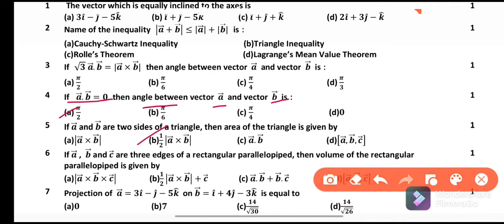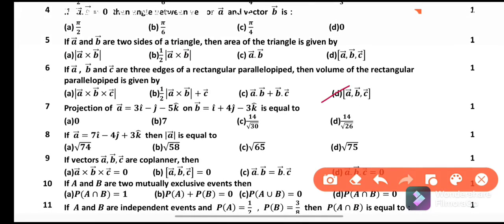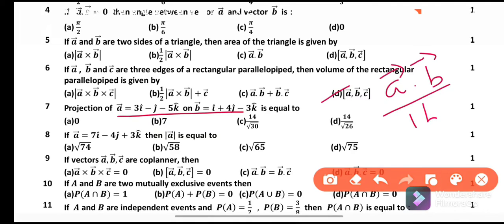Next question, if A, B and C are three edges of a rectangular parallelepiped, then the volume is given by option D, the scalar triple product of A, B and C. Next, the projection of vector A on vector B is equal to, a very simple question, the dot product of A and B divided by the magnitude of B, which is equal to